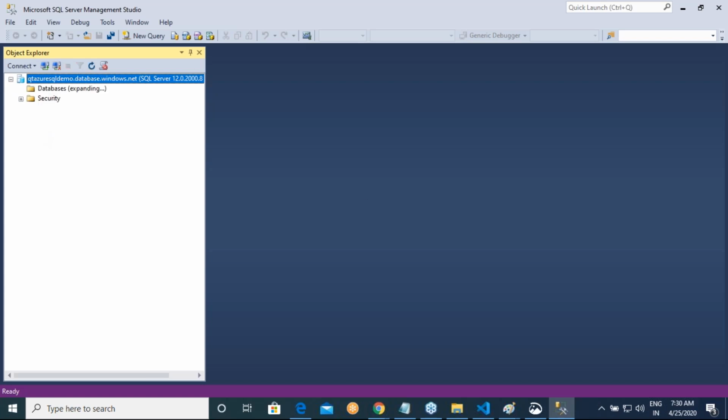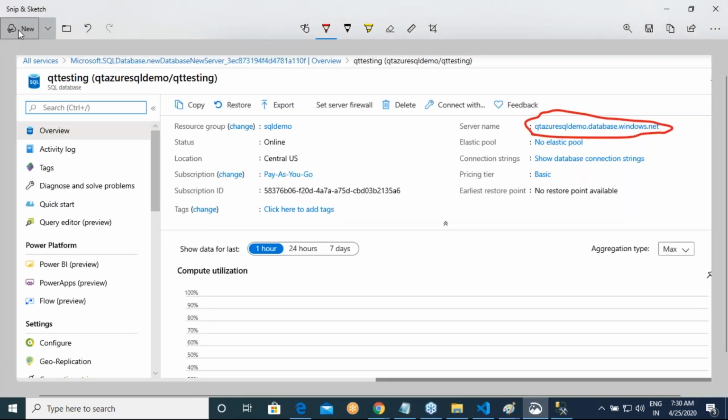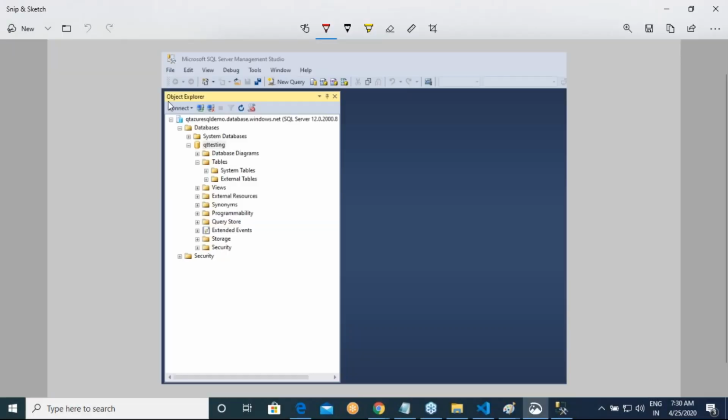Then it says that these are the databases which you have. Qt testing is your database. Right now it will not have any tables, so it will be empty. But if you want, you can create tables from here. Don't worry about this software. I'll share how to install that. This is the database client.